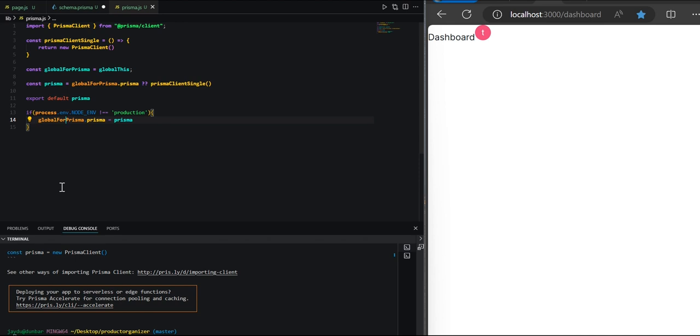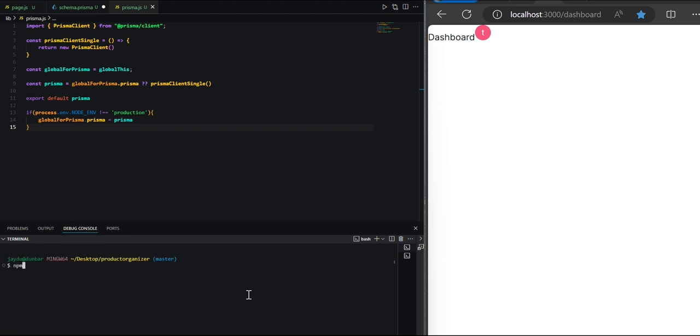And all this is doing is just establishing a connection using Prisma to our database. And if we're not in production, it just recognizes what it defaults to and makes sure that it runs properly so that we're not continually running Prisma over and over. Great. So what we could do now is go ahead and start up our server by typing in npm run dev,